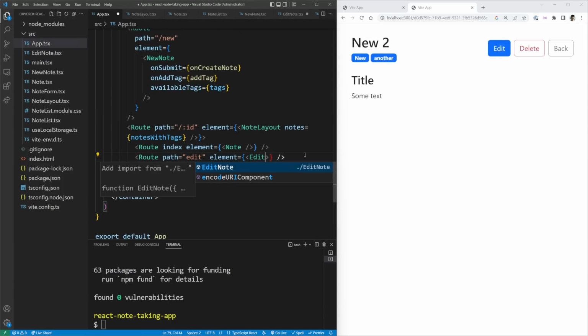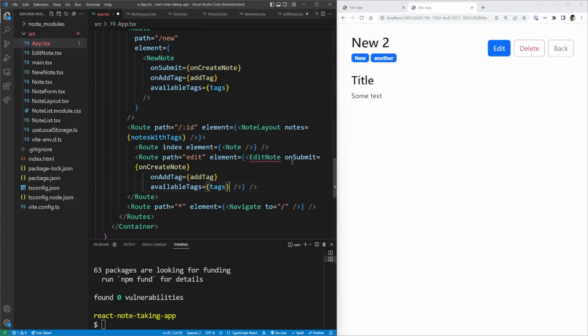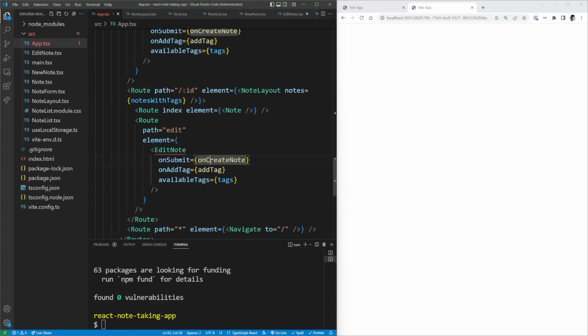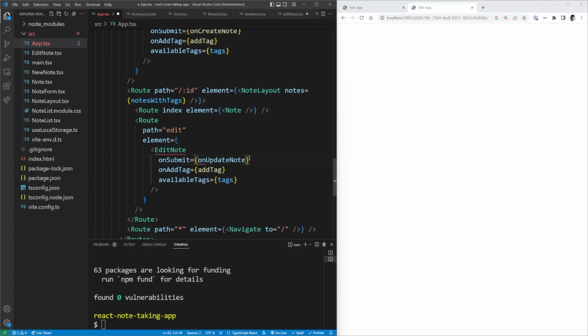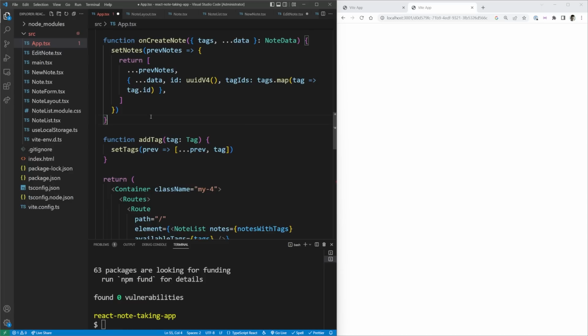in our edit note. Now our edit note is going to have almost the exact same properties as our new note, but instead of doing a create note here, we're going to want to have an on update note that we're going to pass in instead. Otherwise, our tags and such are going to be exactly the same. So let's import that here and let's create that function